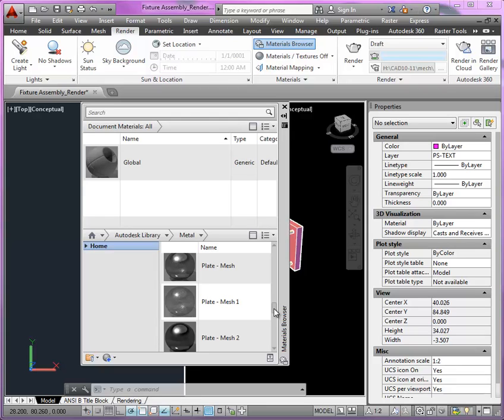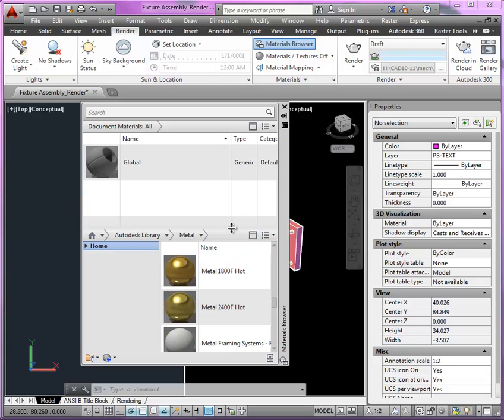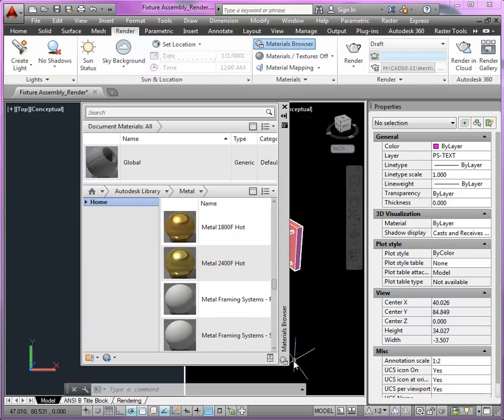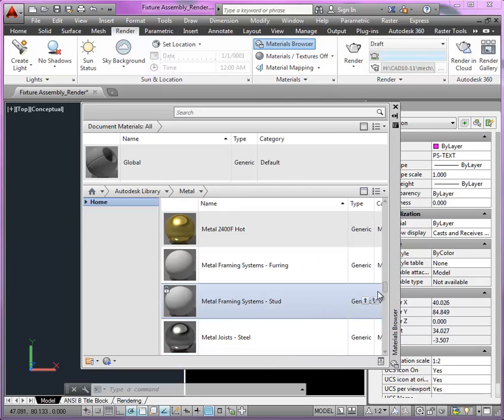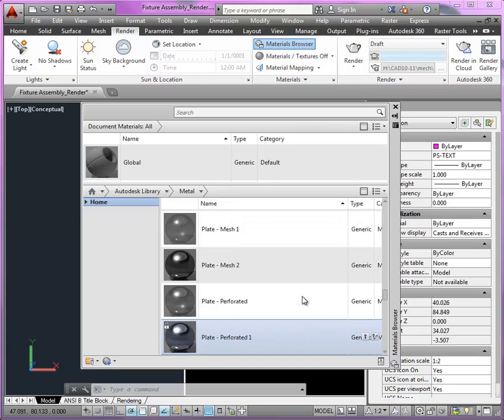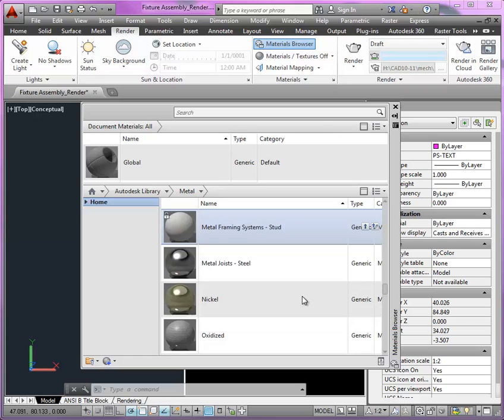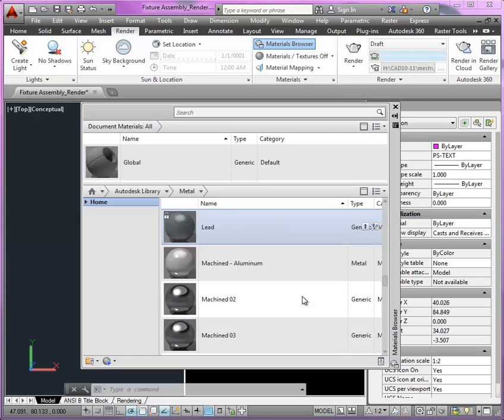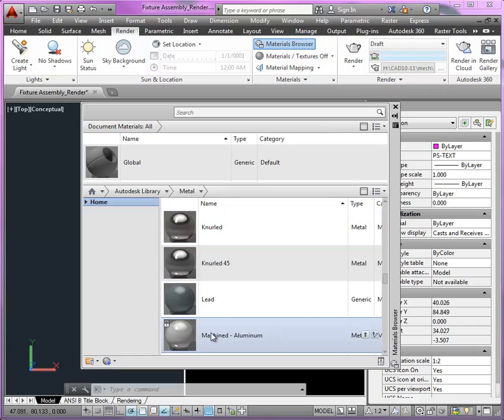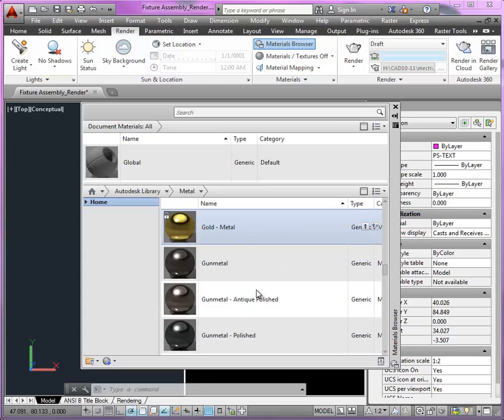Let's say for now, we'll look for aluminum brushed metal. So for example, if I adjust the sizing here, it'll make it easier to navigate. And what we could do is scroll through and see if we could find a metal brushed aluminum. You can see here, here's machined aluminum. And as we go through here,